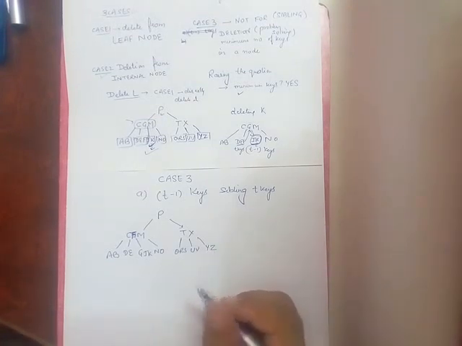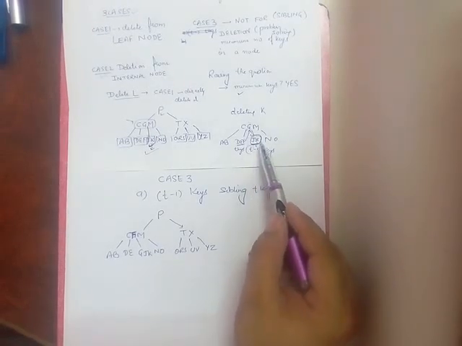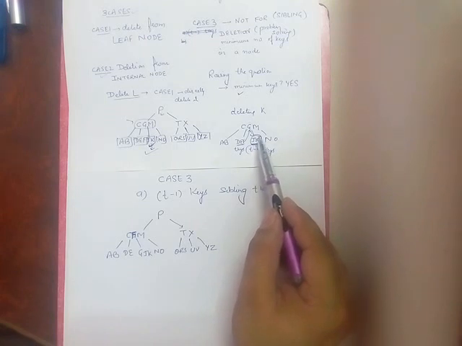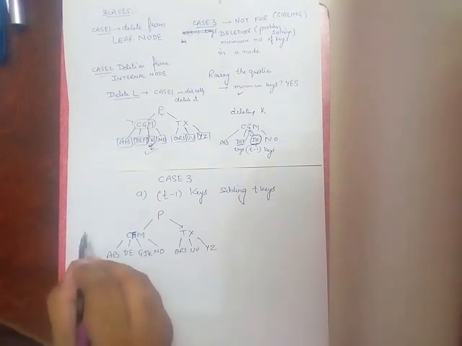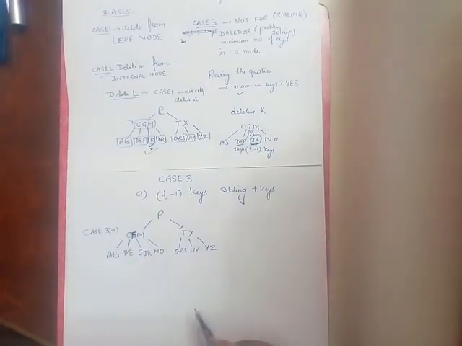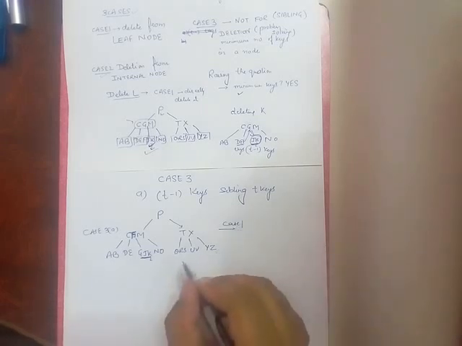That means we have moved F upward in the place of G and G downward to that particular node from where we are deleting. Then the figure will be like this. This is known as case 3a. After this you will see that the problem of minimum keys has been solved here. Now we can directly delete K from here using case 1.